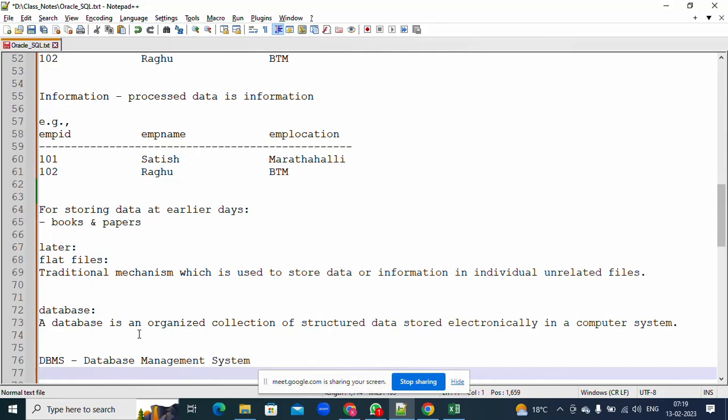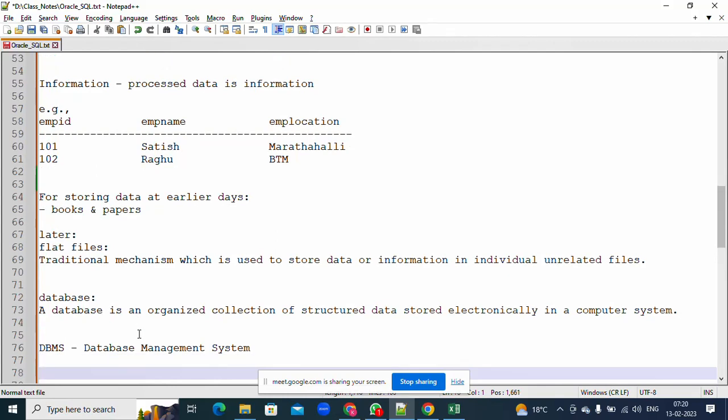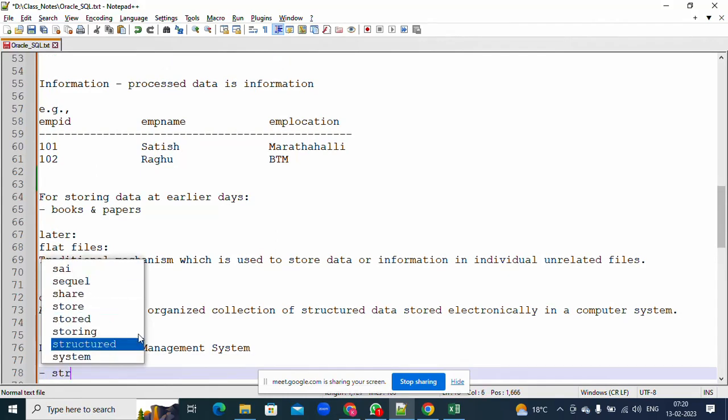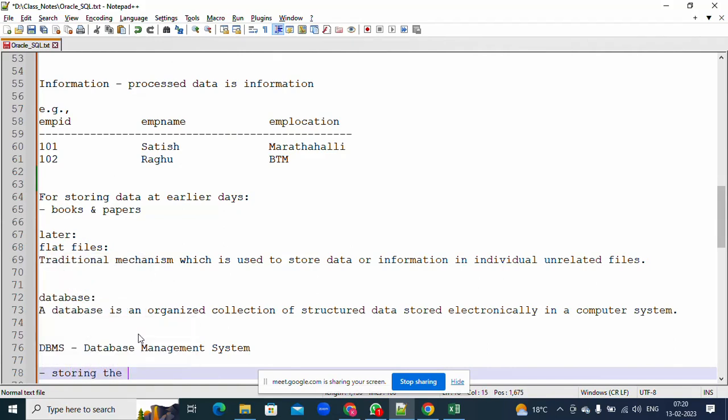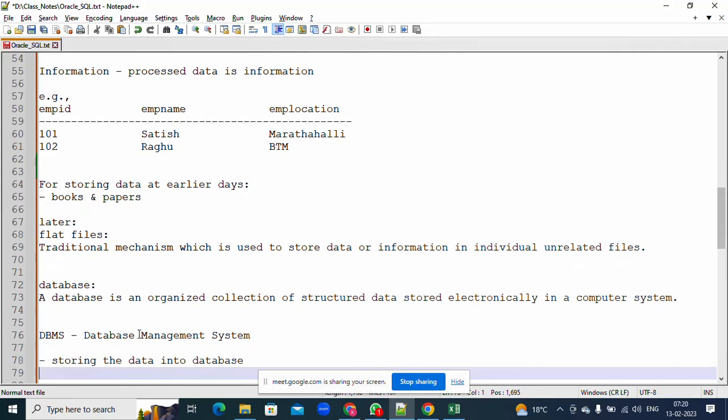Managing the database, in a sense, means we perform different operations for maintaining this particular database. Like what are the operations we are going to perform? Storing the data into database,